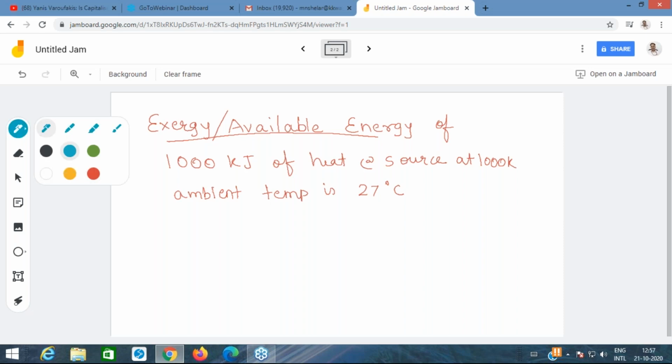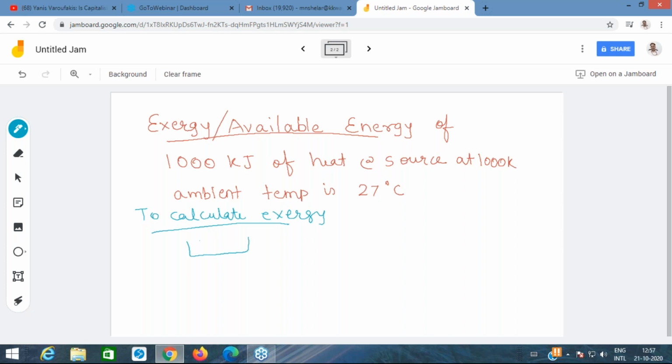Okay, so the thought exercise we need in order to calculate exergy for this heat is to think of the heat which is available from the source, given at 1000 Kelvin, as supplied. It is assumed that this heat is supplied reversibly to a Carnot engine,